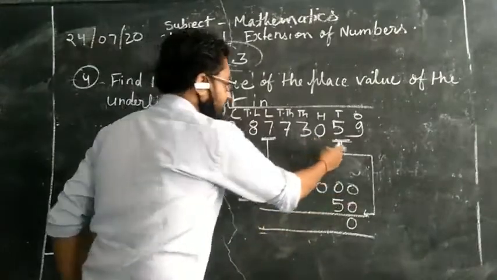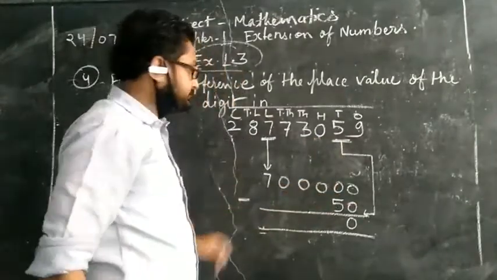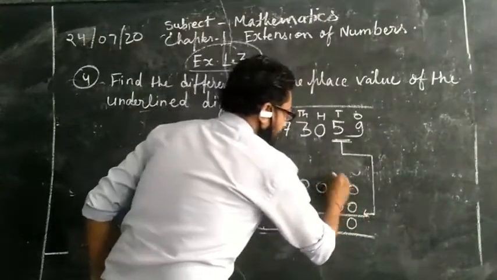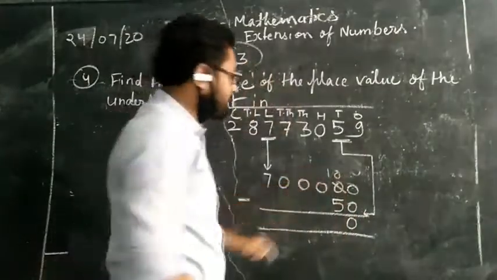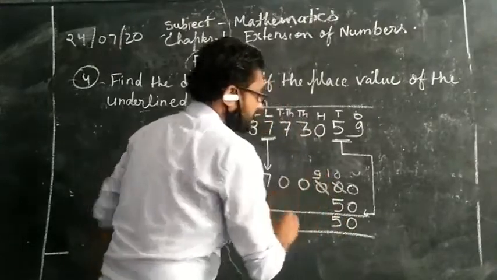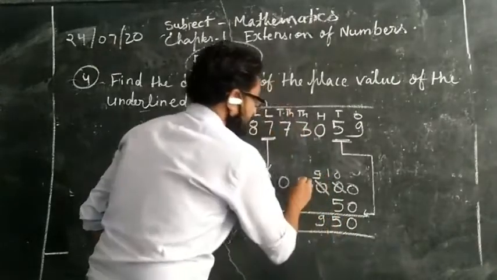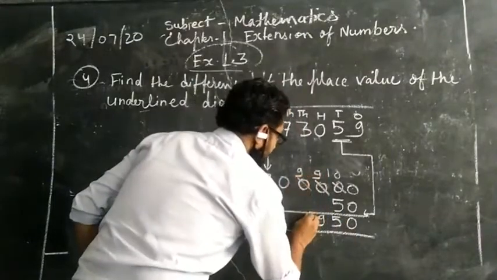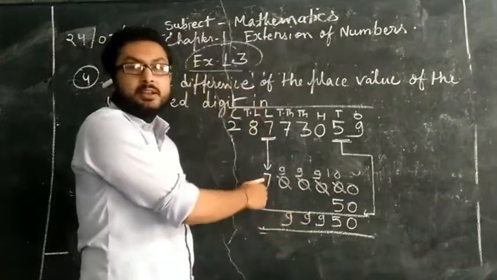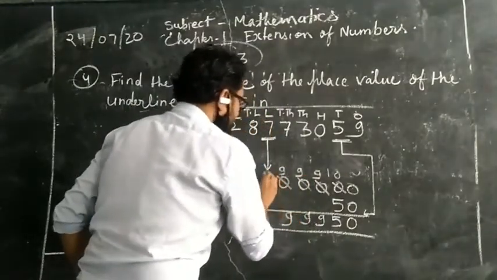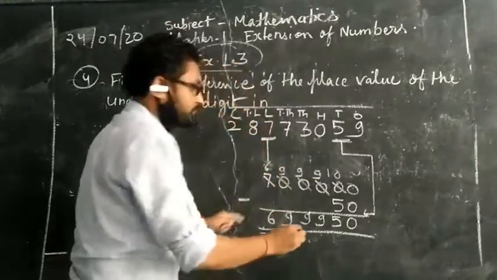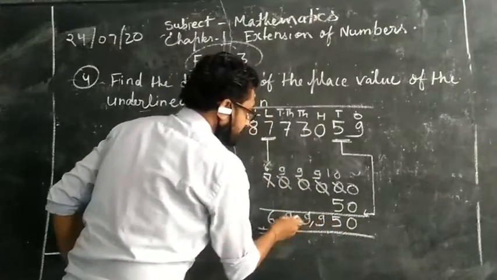Now we will subtract them. 0 minus 0 is 0. Here we will take a carry, it will become 10. Now 10 minus 5 is 5. Now 9 is remaining here, so we will put 9 here. Here also 9 is remaining, and here also 9 is remaining. And we have taken a carry from that digit, so it will become 6. Now we will write 6. Now we will put commas: 1 stands at hundred, thousand, 10,000.